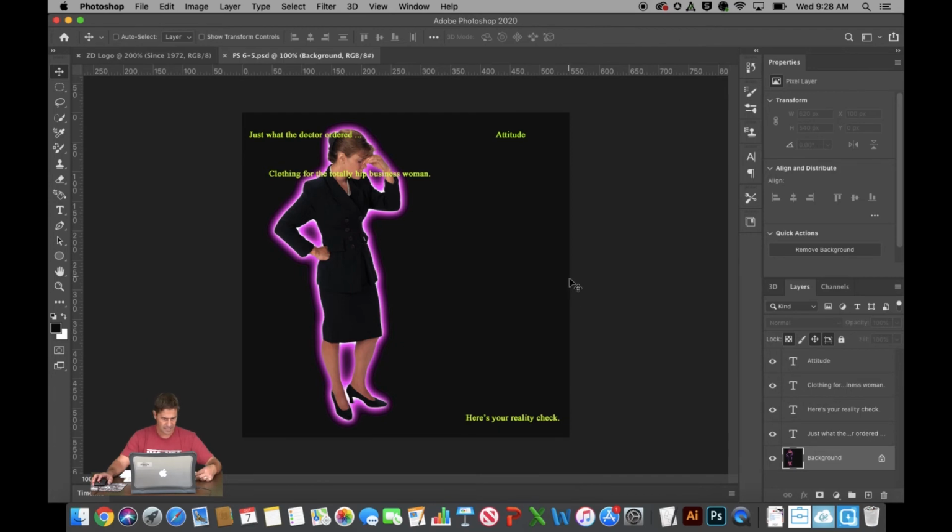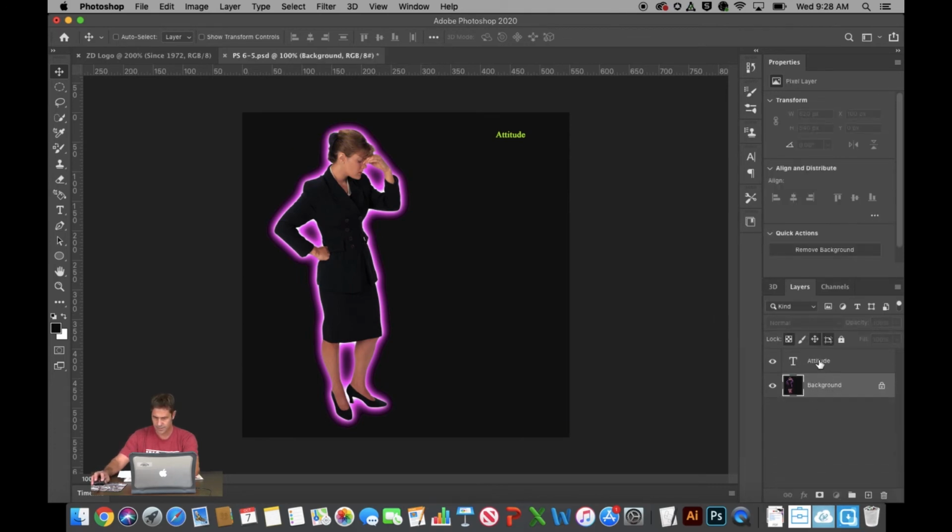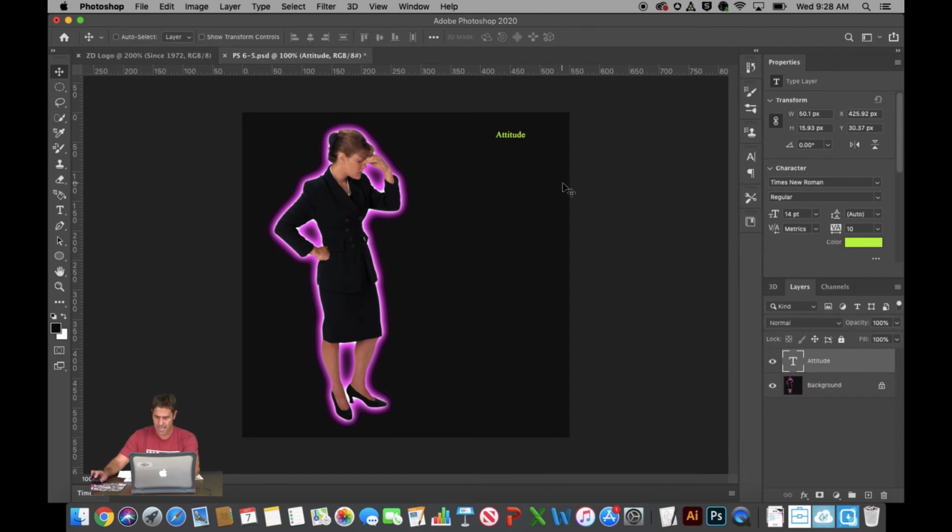It has some text on the canvas. We're going to just have it say what it does in the book. So I'm going to go ahead and get rid of that layer, and I'm going to get rid of this layer. Now let's focus on attitude. Your attitude right there, that's your text layer. Let me double click that in the canvas, and I'm going to modify,